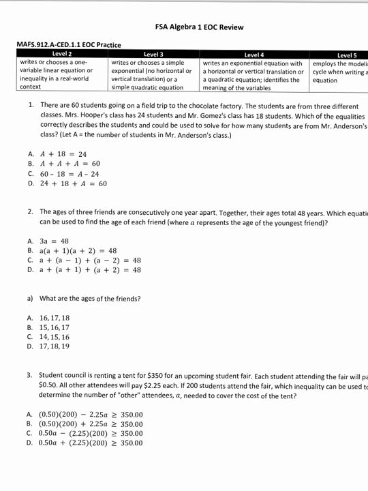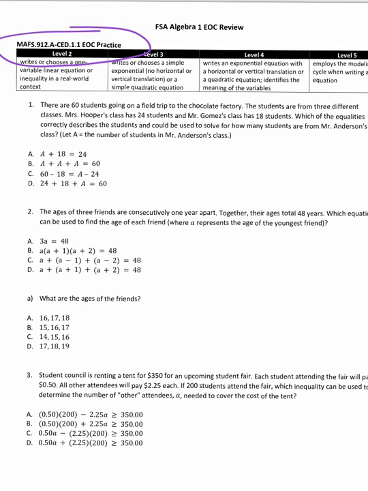Okay, this is the next standard, which is CED.1.1. So the first question says there are 60 students going on a field trip to the chocolate factory. The students are from 3 different classes. Mrs. Hoop's class has 24 students. Mr. Gomez's class has 18 students. Which of these equalities correctly describes the students and could be used to solve for how many students are from